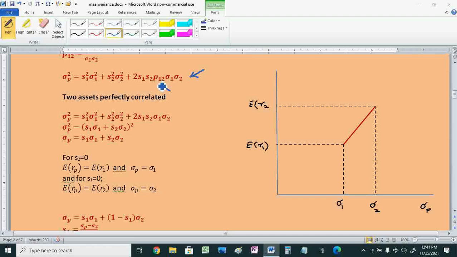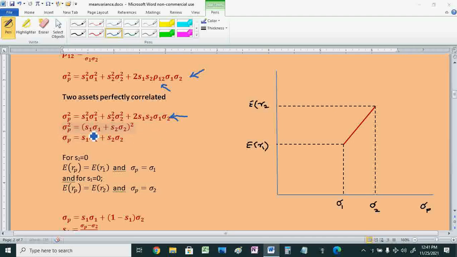In place of rho 1 2, I put 1. So this equation becomes like this one, and then see that we have this quadratic equation, and I can